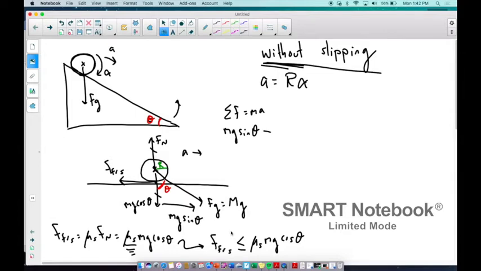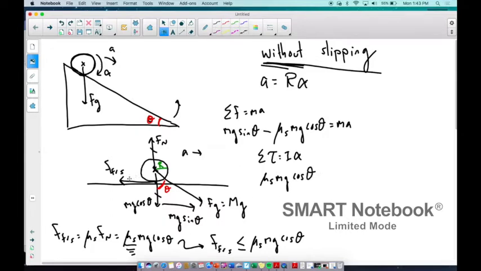For now, why don't we assume that we are just at that maximum value, and then we can just say that this is indeed an equality here. This is equal. That's one thing we could do. So I'm just going to let that be my force of static friction. So there's Newton's second law translationally, as we've done many times before. Newton's second law rotationally, sum of the torques equals I alpha. So again, the only torque that I have here is the static frictional force, coefficient of static friction, mg